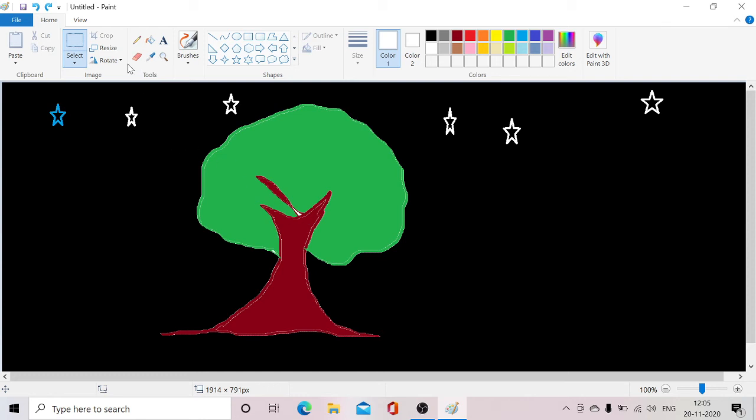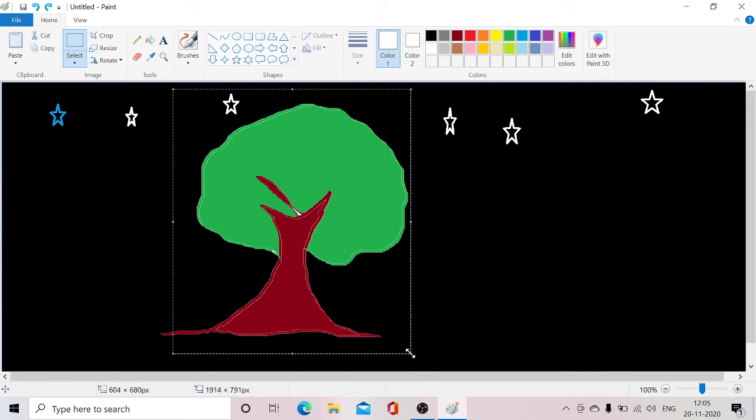So first, to skew or resize an image, we have to select it. With the help of the select option, first we have to click on select and we have to click and drag on the image or the part of the image that we need.